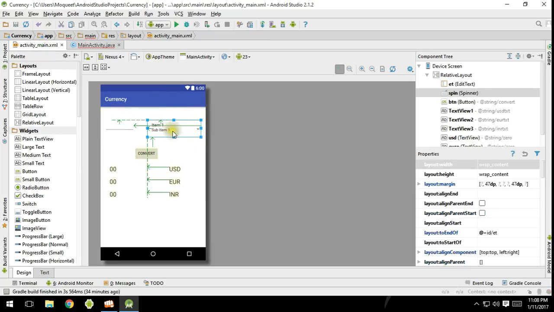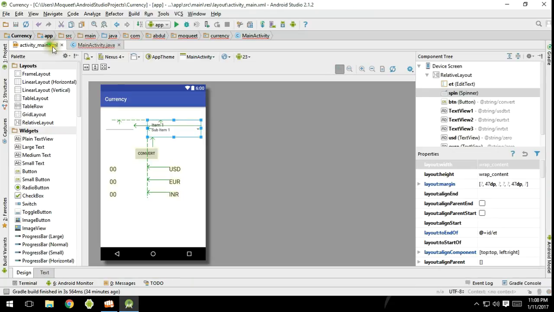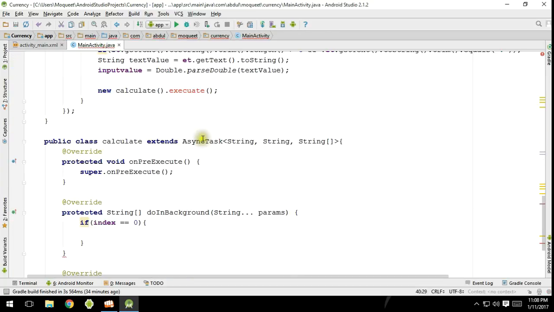It tells you which drop down list the user is in. The position starts from 0, so if the user is in 0, it means the user is inputting the value with respect to USD. So in this case we are going to say if index is equal to 0,